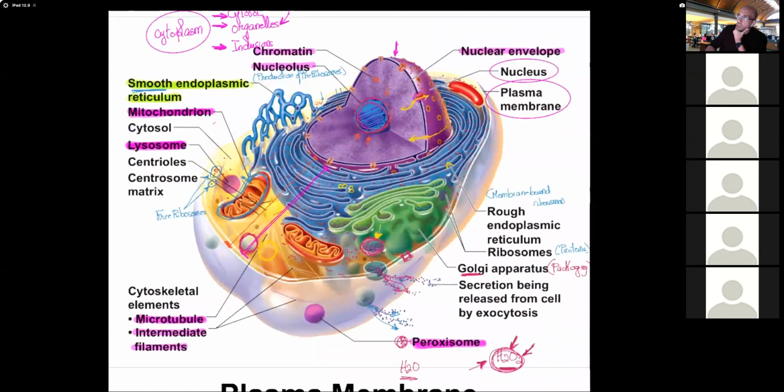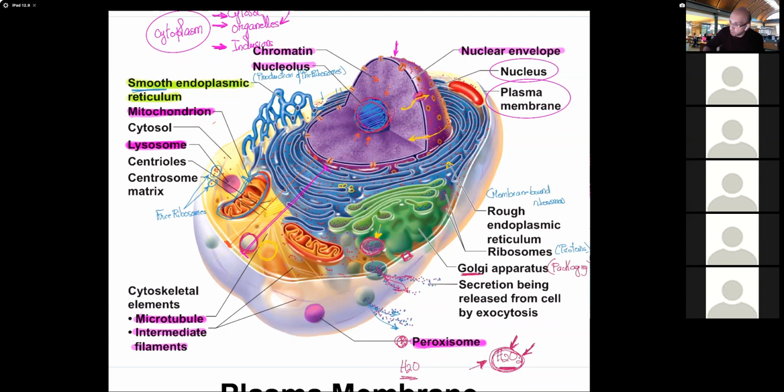All right, so let me give you one last quick review of this diagram showing the cell. Again, we mentioned the plasma membrane. We stated the nucleus with the nuclear envelope. At the center of the nucleus, we've got the nucleolus, which is responsible for the formation of the ribosomes. Filling the nucleus, we've got the chromatin, which is the liquid form of the genetic material, your DNA. We've got nuclear pores through which the codes that you want to transform into a protein travel from the nucleus to the rough endoplasmic reticulum